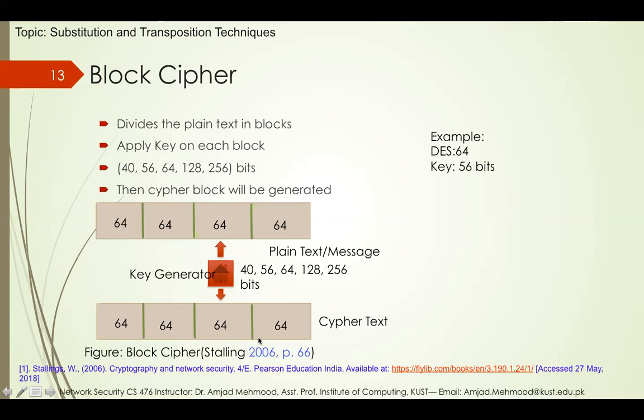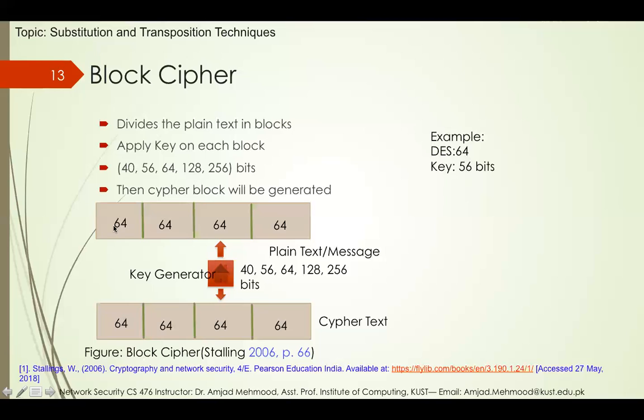Now this ciphertext will be moved to the receiver, where the receiver will use the same key which was used by the sender and get the original message back. Here we have taken the example of DES, data encryption standard, which I have explained in my previous lecture. Normally DES uses a 64-bit block and a 56-bit key. So I have taken the example of DES,